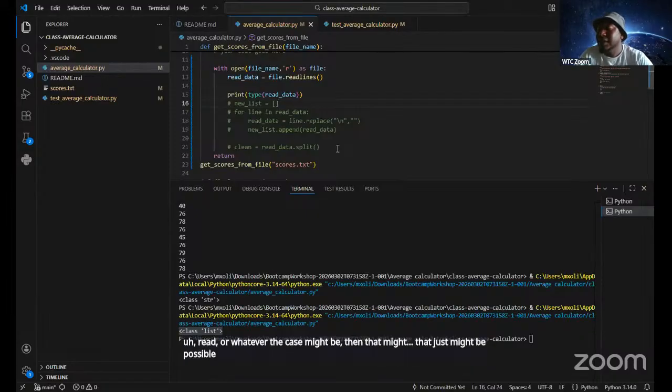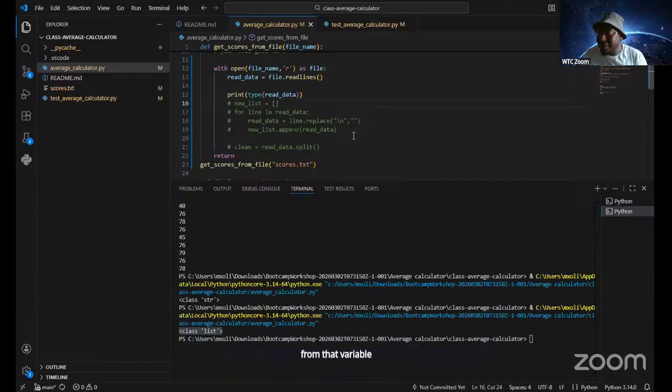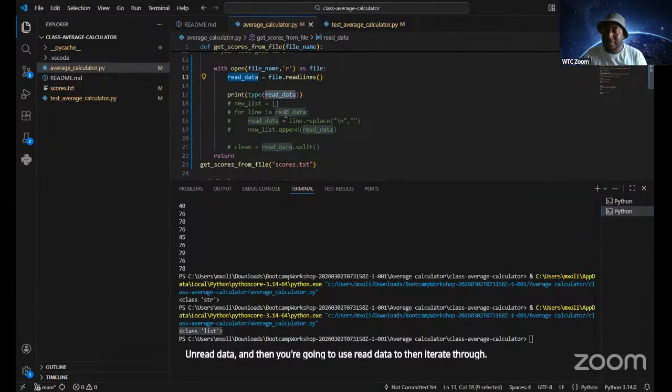But ideally, rather store everything in a variable and then loop from that variable, right? So in a case like this, you're storing it in read data, and then you use read data to iterate through each element in that list or each line in the file. Does that make sense? Linda, are you still with us?